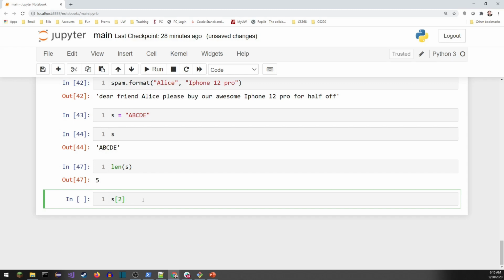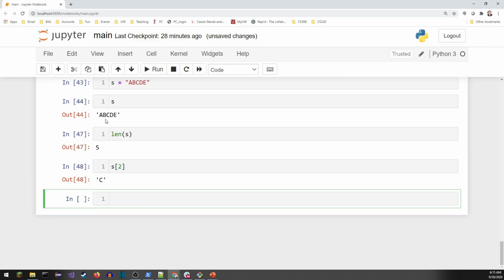If you have any doubts about this, if you're working on an exam maybe, go ahead, pull up Python in interactive mode and just repeat a quick experiment like this. And just double check to make sure you're grabbing the right character. So S2, because it starts at 0, in fact, we can do this. S of 0 is going to be the A, S of 1, just some quick experiments like this. S of 3 is going to be D, and S of 4 will be the E,